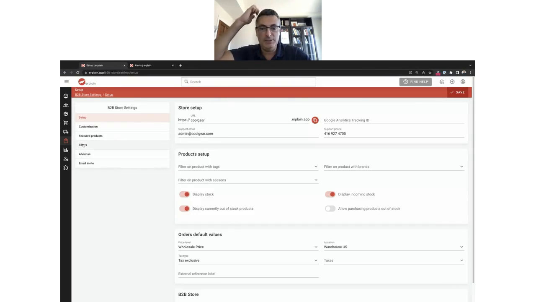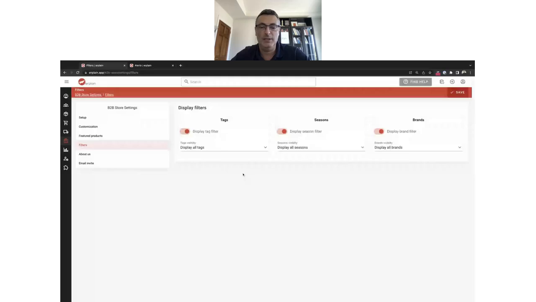So quickly mentioned the filters earlier. So when your customer connects to the portal, they will have the ability to filter the product selection by tags, season, or brands. But let's say you're not using seasons or brands, you can remove them so they can only filter by tag. And then here, directly in the visibility of each of those filters, you can select the ones that you want